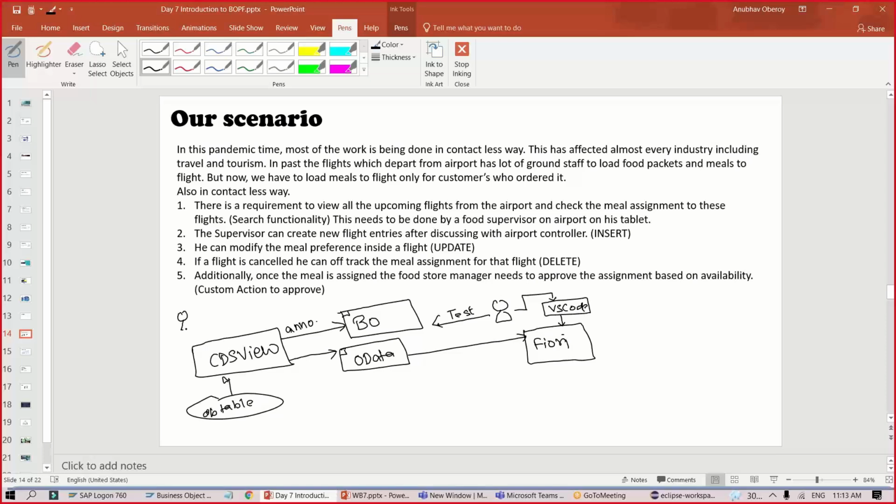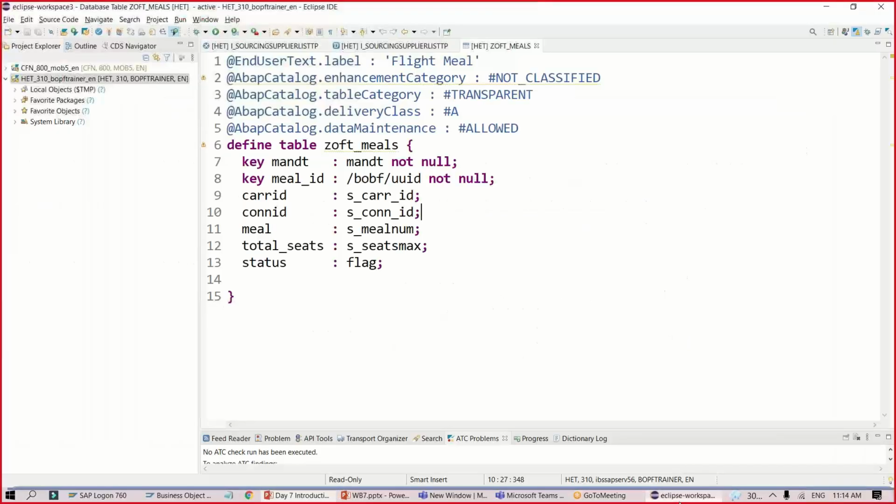As a developer, you will use the ABAP Development Tools on Eclipse to build the CDS view, and then the same developer will use BAS or the VS Code tool to create the Fiori app. Step by step, we will follow this and you will all be able to achieve it. So let's first create our CDS view through ABAP Development Tools on Eclipse. I will go back to the ADT, remember the table name, copy that, and let me now create a